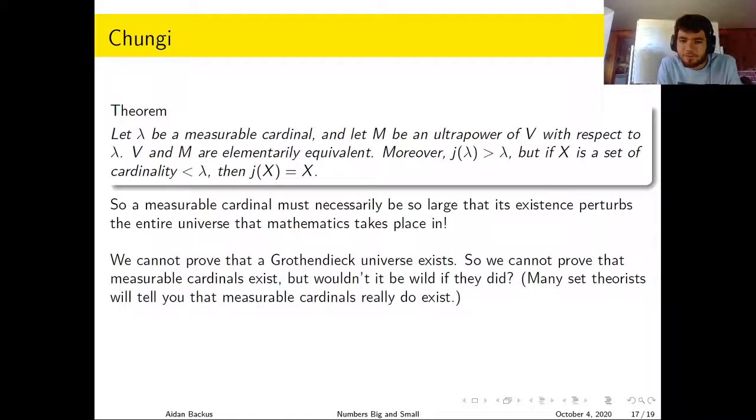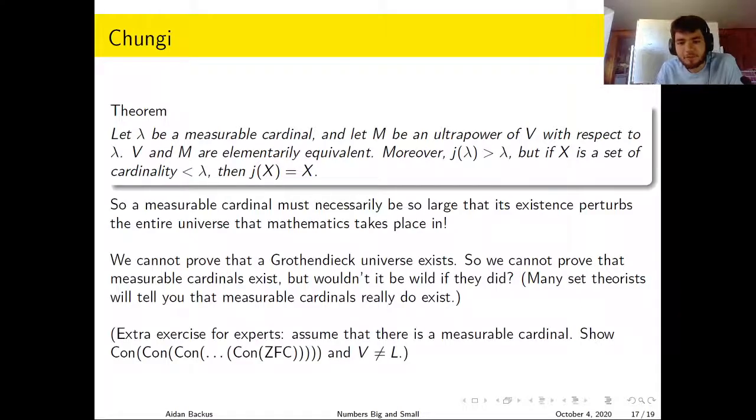So I think a lot of set theorists would just tell you that measurable cardinals exist, and leave it at that. But yeah, we were first talking about very small numbers, infinitesimals, and we were like, let's just go nuts and see what happens if we try to strengthen our definition of an ultrafilter, and we got these really big numbers as well.